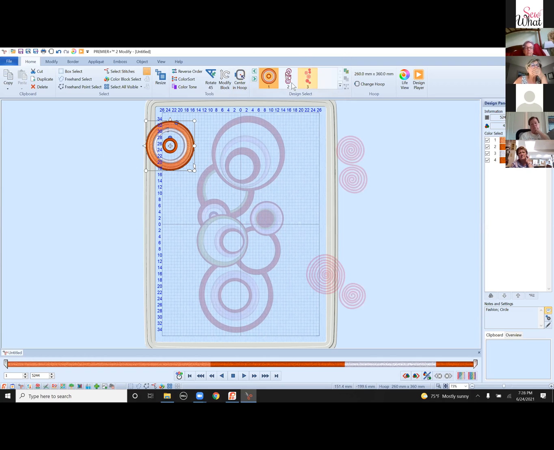But what we actually want to have active is the bullseye. It's actually called metallic circle, but looks like a bullseye to me. So let's make sure that that design is active. We can tell it's active because it has the design selection box around it. It also is highlighted in my design select. And if I look to the right, you'll see that this is a 4-color design. Now, in the previous